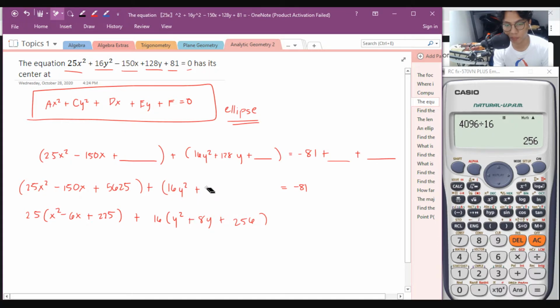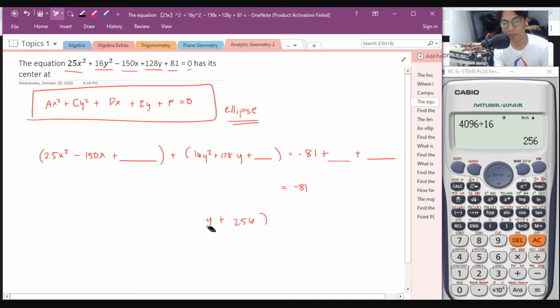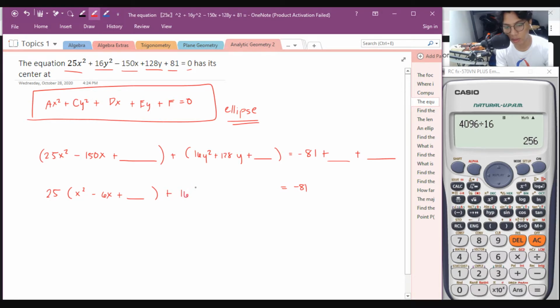Pwedeng gawin mong ganito. May napansin ako. So, ganito gawin mo. I-factor out mo na kagad yung 25 dito para hindi mahirap. Factor out ko si 25. Then, what is left is x squared minus 6x plus dito. Plus, yung 16 ko, factor out ko na, y squared plus dito 8y